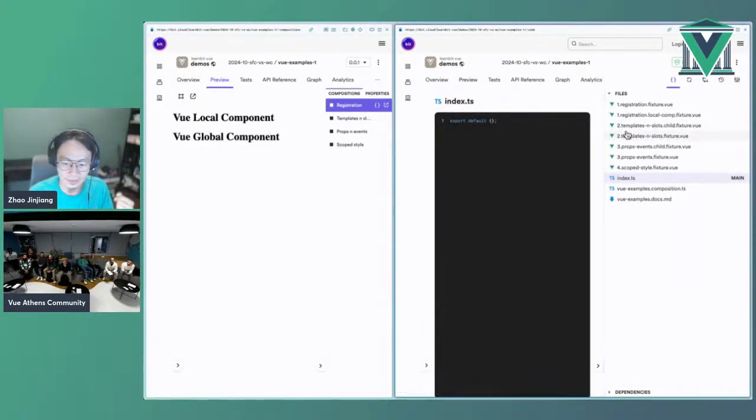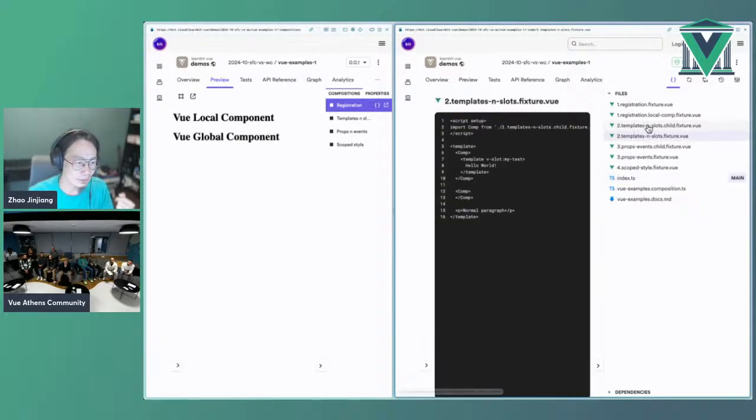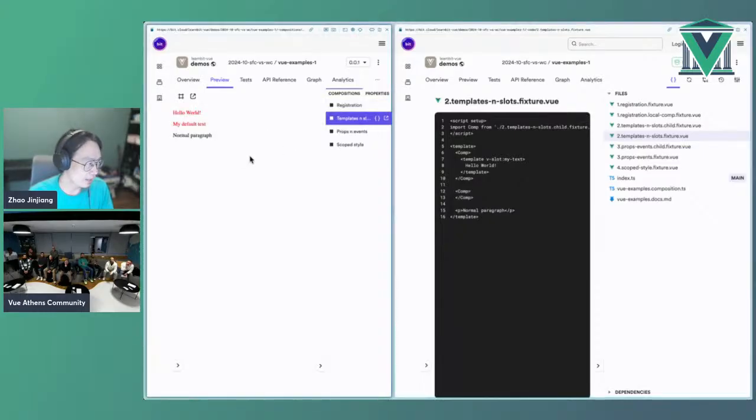Second example of the Vue single file component is about the template and slot. So let's see the child component first. It has a slot with the name myText with the default content in red. Then for consuming the component, there are two examples. One is with the specified custom slot content, and then another one is with nothing. So as we expect, the result first is the custom slot content in red, and the default slot content